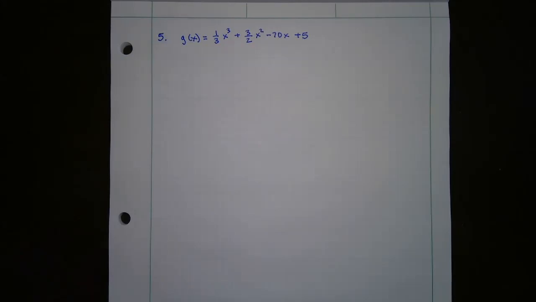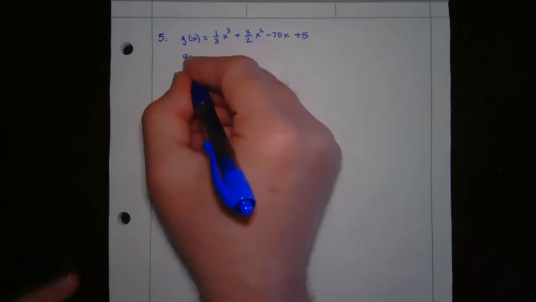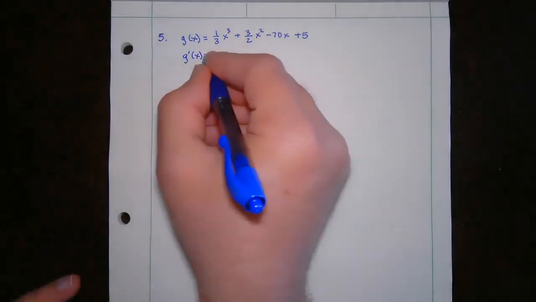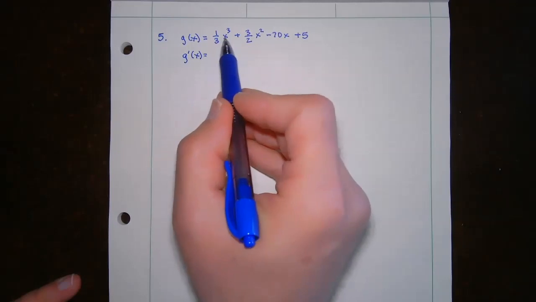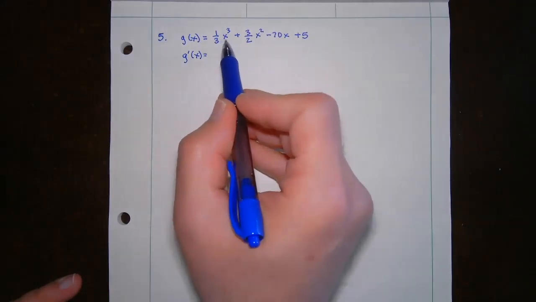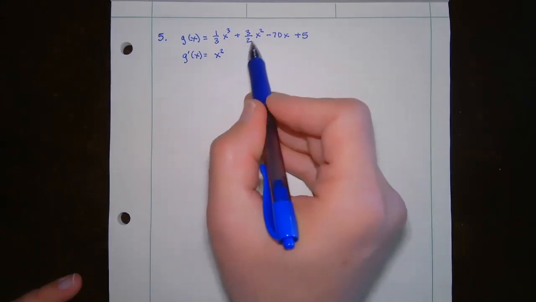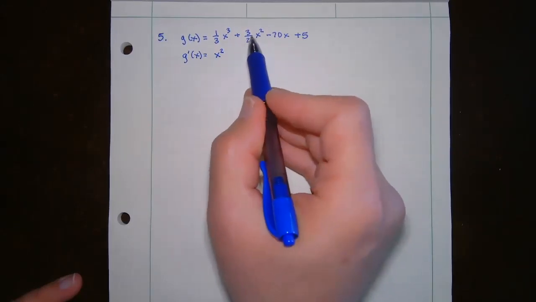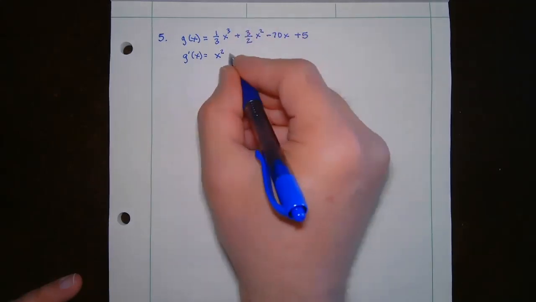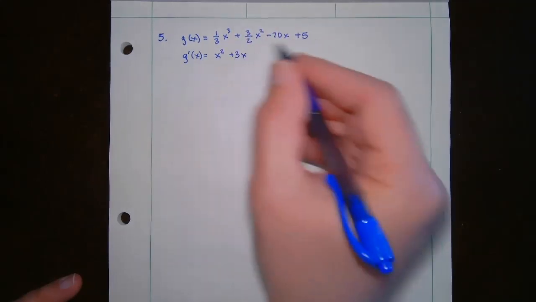And they're asking for the intervals on which g is decreasing. To know where g is decreasing, you have to know where the derivative is going to be negative. So we're going to need to find the derivative first. So g prime of x is equal to 1/3 times x cubed, so that'd be 1/3 times 3x squared, which would just be x squared. And then plus 3/2 x squared, the derivative of that would be 3x. So plus 3x. And then minus